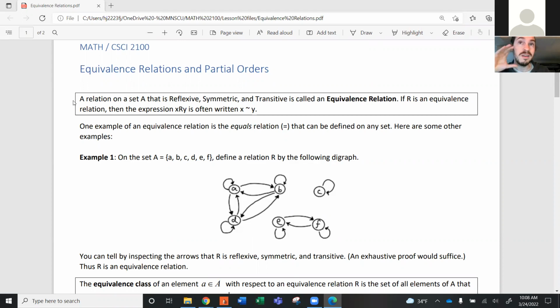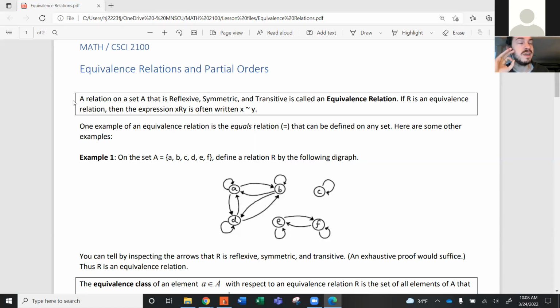The most familiar example of an equivalence relation is equals. It's the most basic type of equivalence relation. Two elements are equal if they're actually the same element. Instead of two distinct things, it's actually just the same thing. So everything is equal to itself, but nothing else. That is the most basic example of an equivalence relation, but there are tons of other ways to make